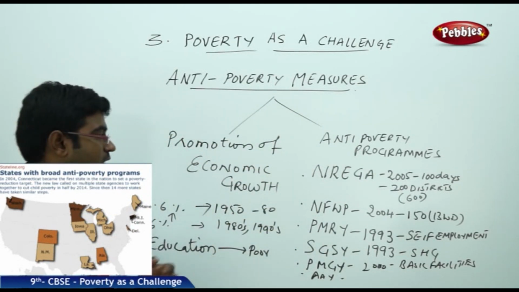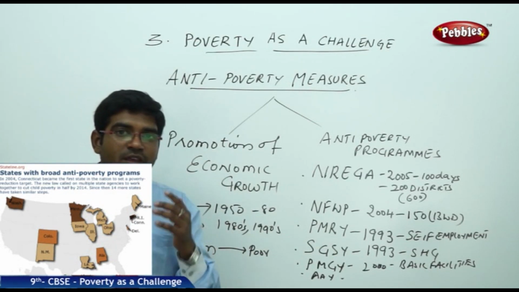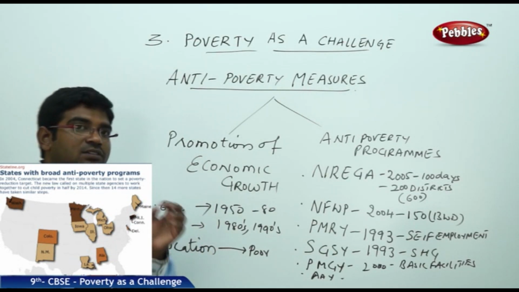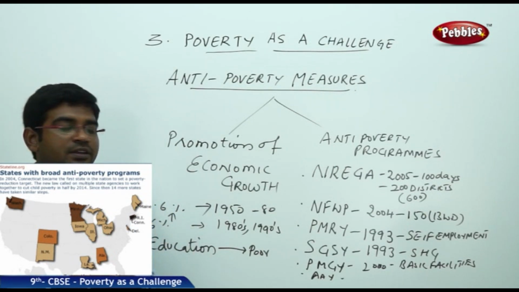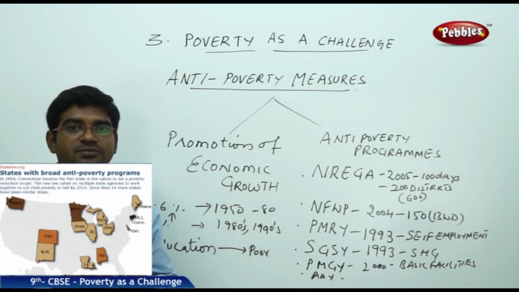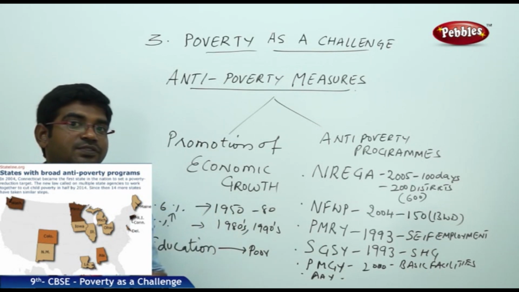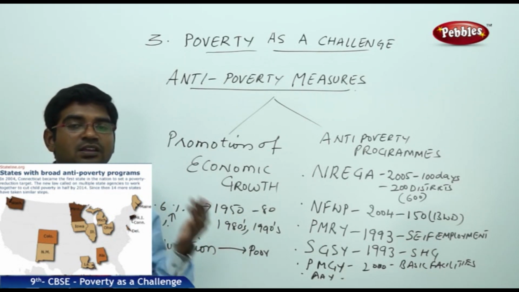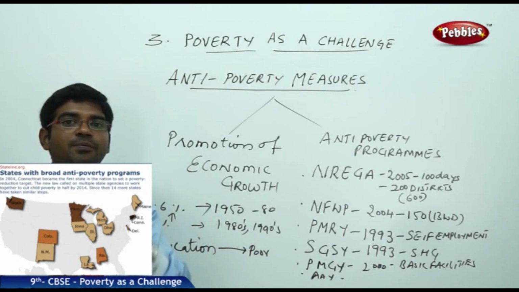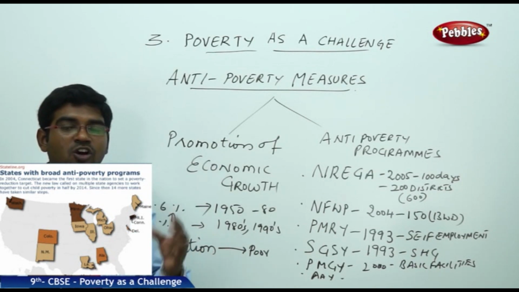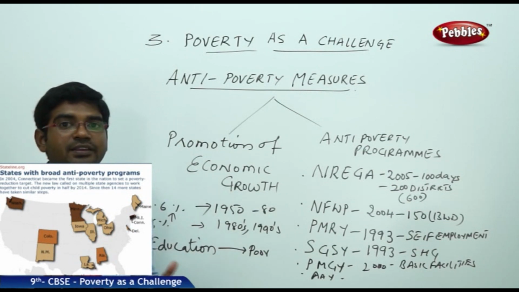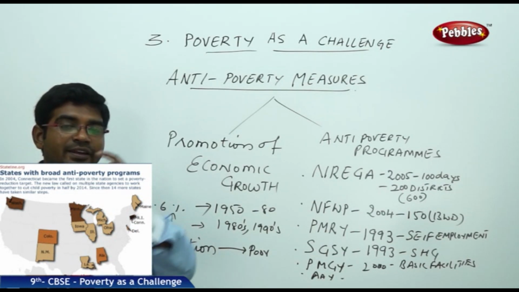First, let us discuss the promotion of economic growth. Our country had a 3.6% growth rate till the 1980s. From 1950, when India became a republic, till the 1980s, for nearly three decades, the economic growth rate was not very good in terms of economy or in terms of providing opportunities to people. It is only after the 1980s and 1990s that the growth rate increased from 3.6% to 6%,